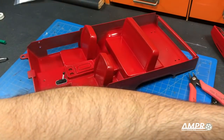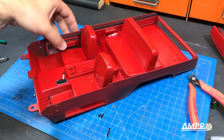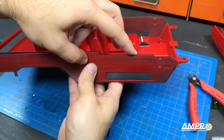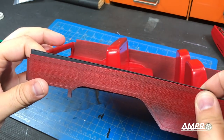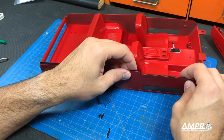So for this part, we're going to take one of the door panels. Doesn't matter really which side that you start with. And if I turn this around, you're going to see that the door panel will line up just like that. I did notice something though with this print. If I line this up perfectly here, note at the rear it bows up. So there appears to be a little bit of warping with the print,